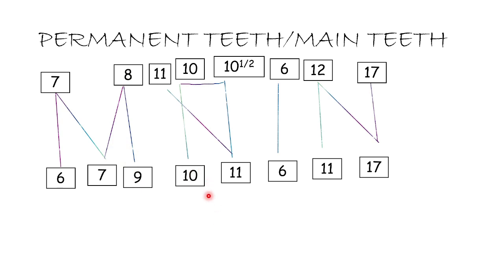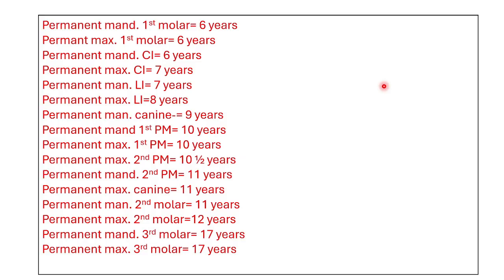For 10, TEN, so 10 has to be repeated thrice, 1, 2, 3, and then since N begins with 11, we cannot proceed greater than 11 here, so we fill in this blank with 11 and 11, but here we can write 12, right? So 11 is followed by 12, and our ending digit was 17. And similarly for I, we wrote both 6 and 6, so similarly for the ending of N, we write 17 and 17. So this is the summary which I have extracted for the previous slide for eruption date of